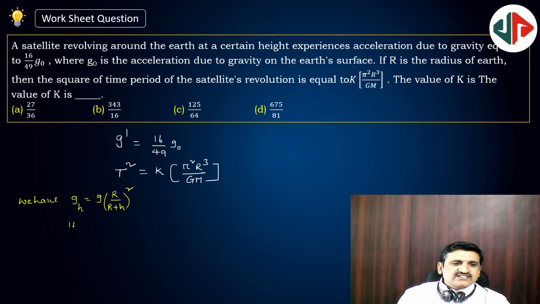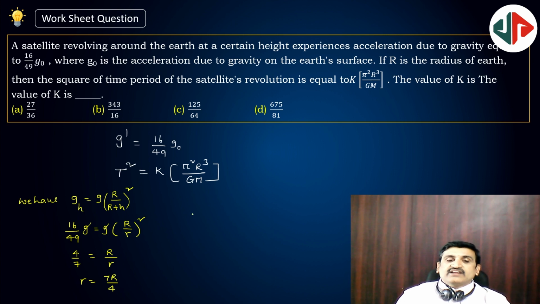This g_h is 16 by 49 g, equal to g into R by (R plus h) whole square. So g gets cancelled. Taking square root, 4 by 7 is equal to R by r. So small r is equal to 7R by 4. This is the radius of the satellite. Radius of the satellite and time period are having a relation like this. T square is equal to